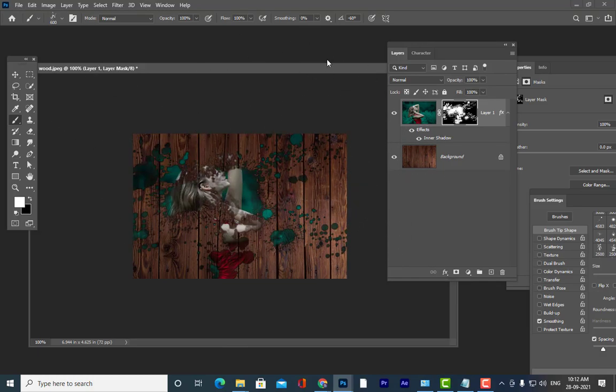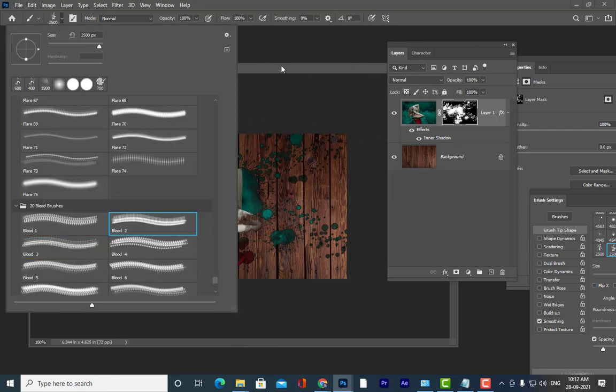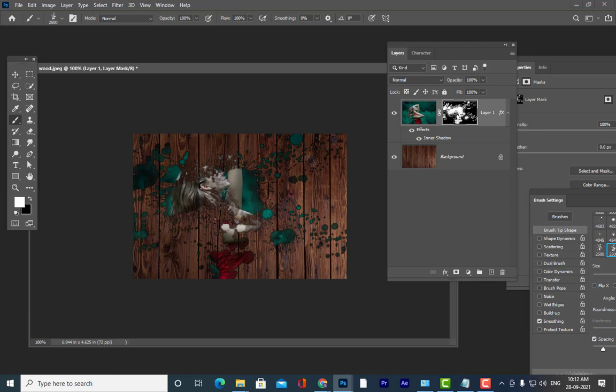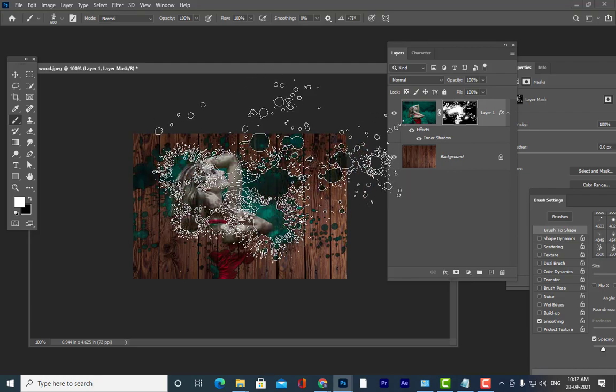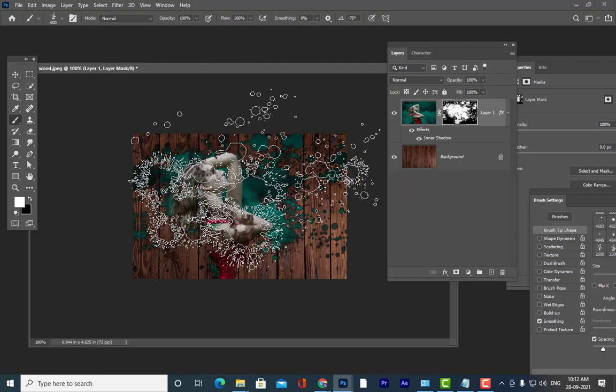See, you can create some interesting effects here, and we can check some more brushes here. It's a very big size brush. That is why we are not able to see the icon. And also we can rotate the brush like this.